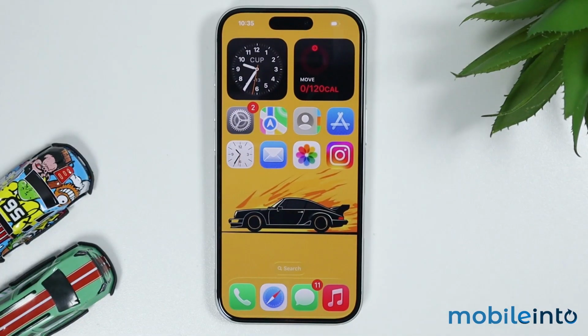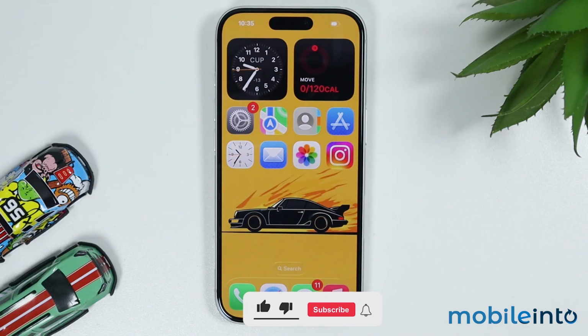In this video, I will show you how to fix your iPhone cannot find Bluetooth devices on any iPhone. So let's get started. Now, first of all, just make sure that the Bluetooth device you're connected to is fully